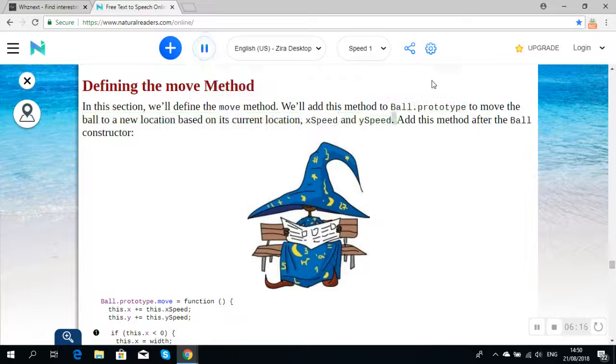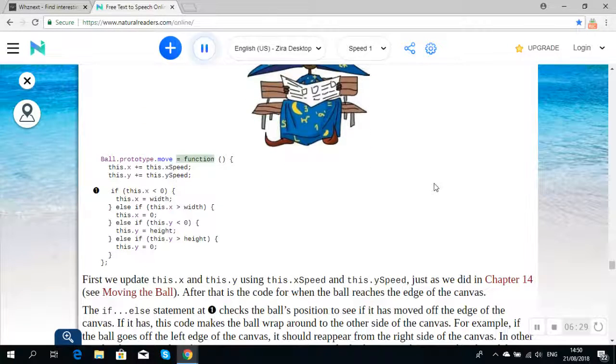Move. This method moves the ball to a new location based on its current location, x speed and y speed. Add this method after the Ball constructor. Ball.prototype.move = function () { this.x += this.xSpeed; this.y += this.ySpeed;